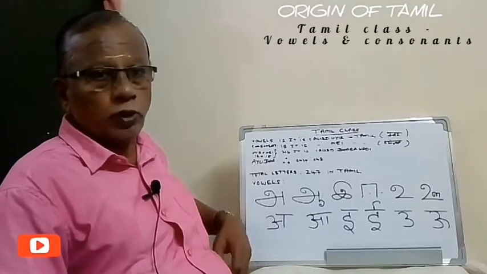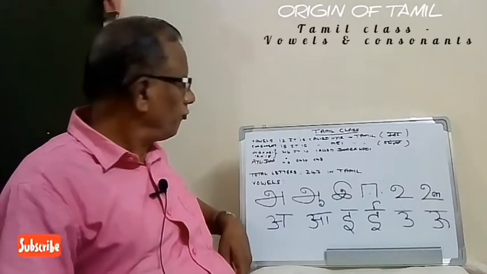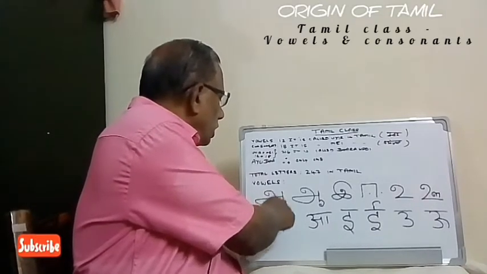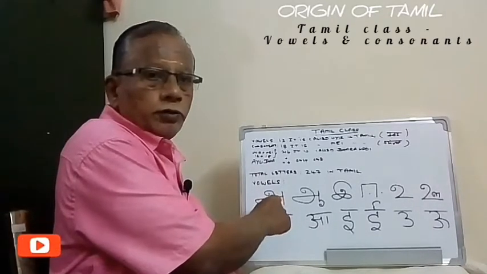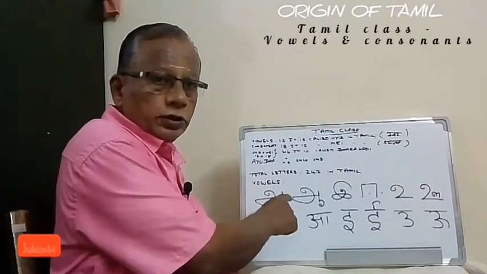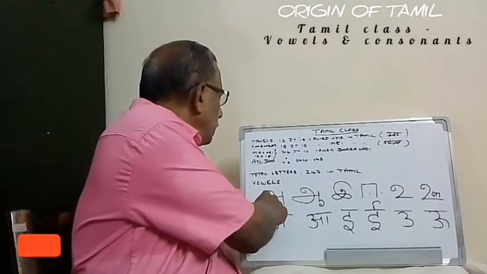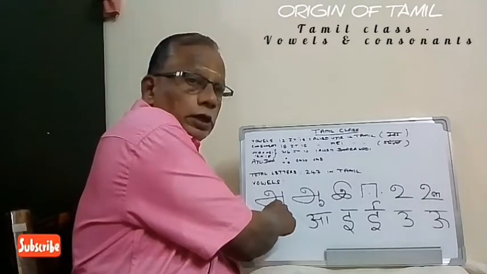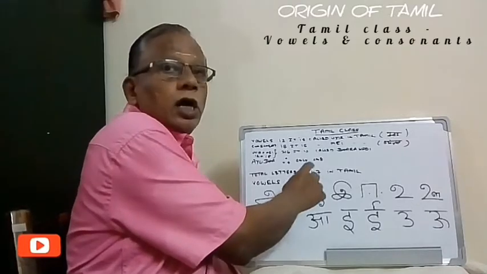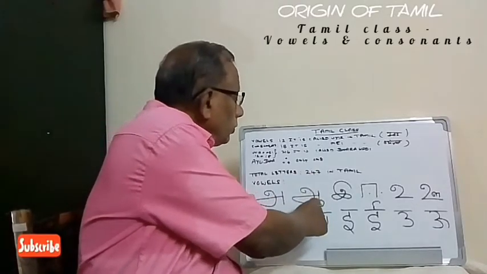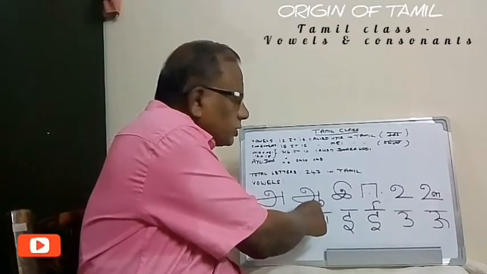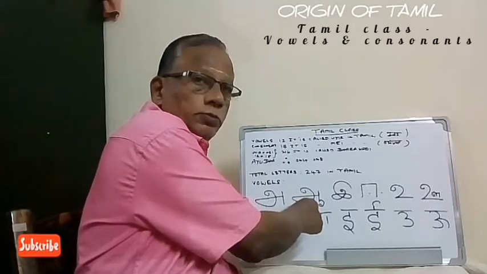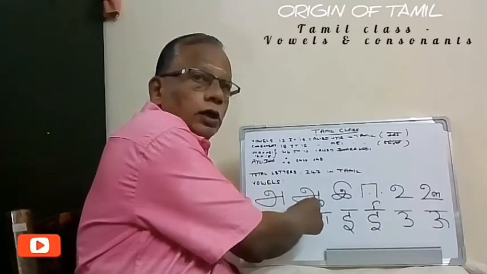I am just showing you how to write these letters. First let us see this A letter. It should be written like this. And all our Tamil letters start with a circle and end with a circle. See, the R is written like this. I am showing it by hand. Then comes the A letter. Here you have to make a semicircle and a circle. This becomes A. Here the circle you find at the bottom, it's a bigger one. This is a short vowel, and this is a long vowel.